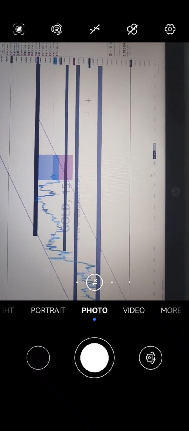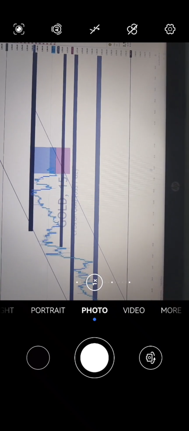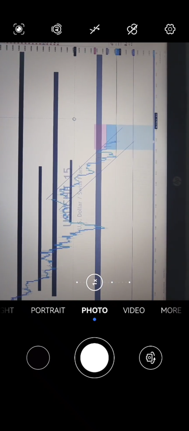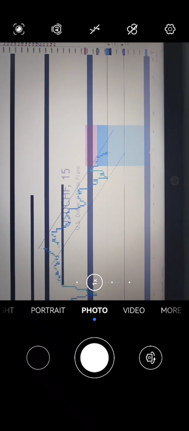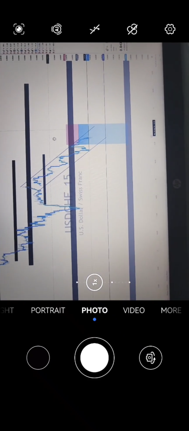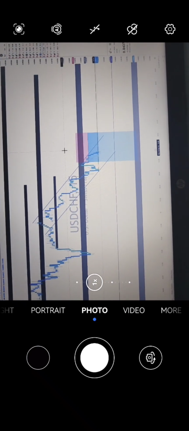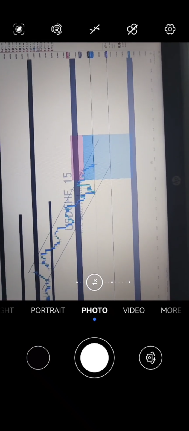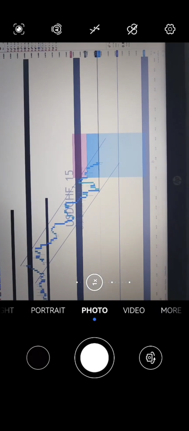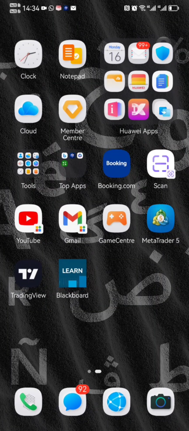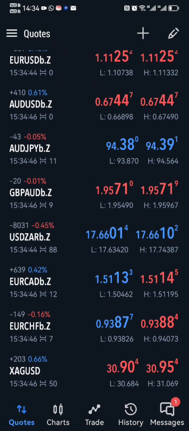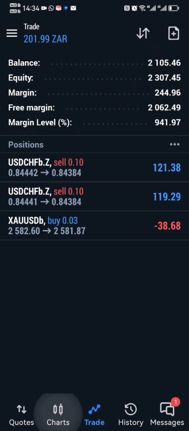And for USD CHF, if I can just show you guys the setup here, this is how the setup is looking. I can see that USD CHF is trading at that area there. However, I'm expecting it to break below, but then also I don't know. We'll see what happens as the market moves. So yeah, going back to this, I will come back and check out how the market has moved.